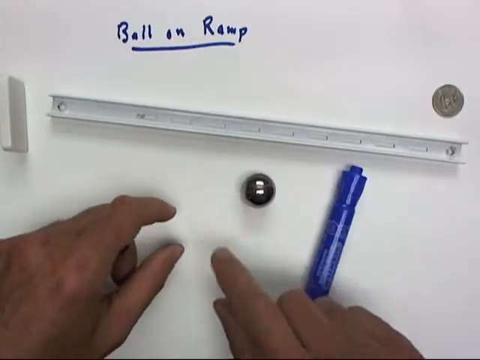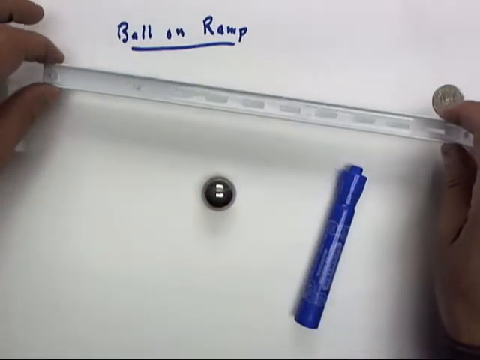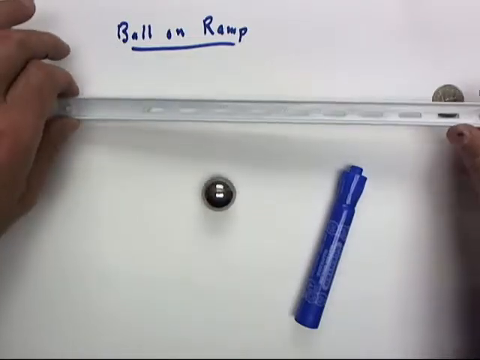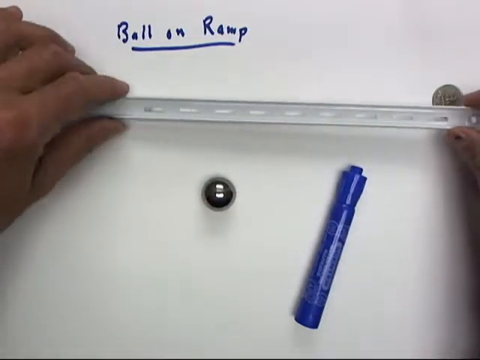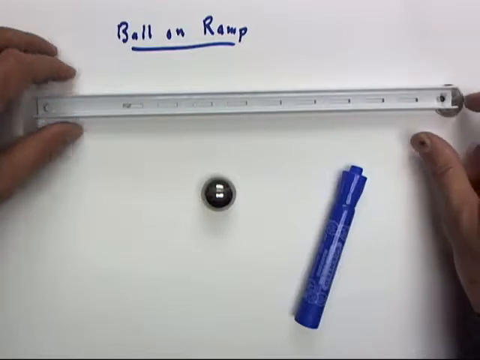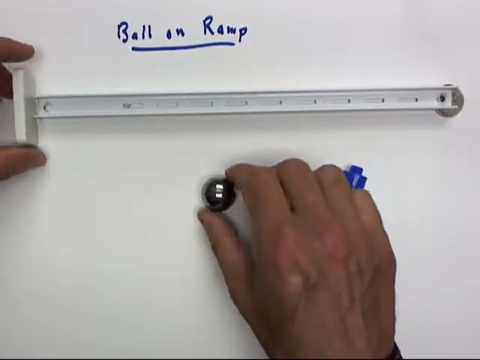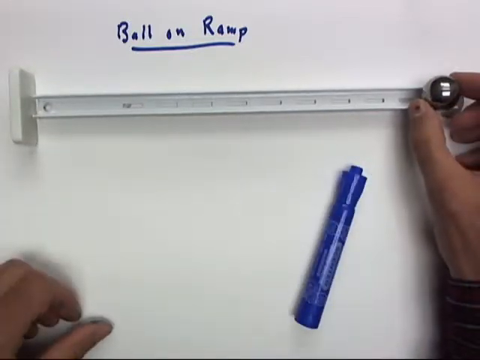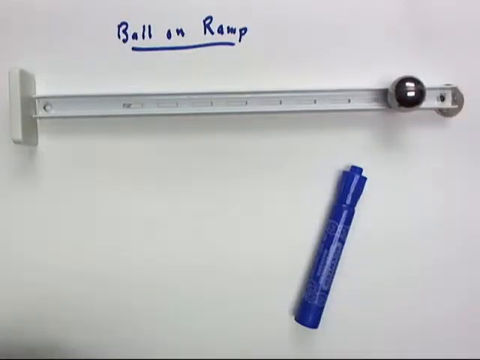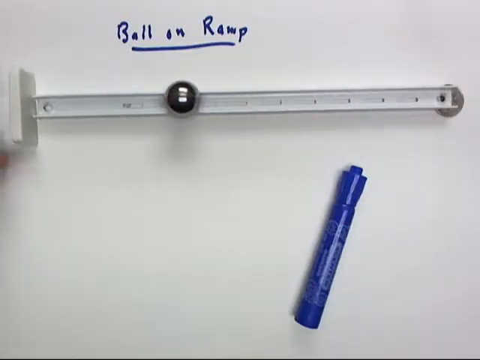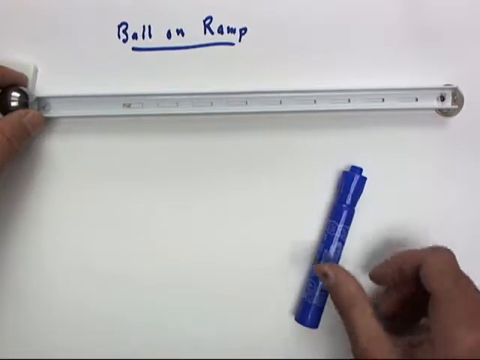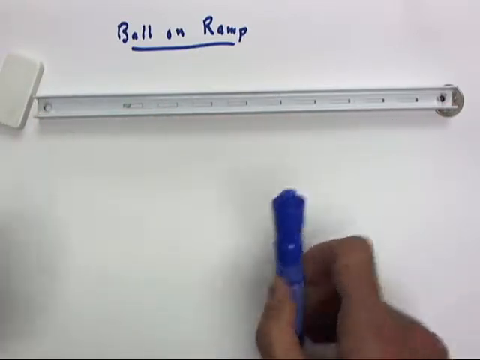We have a smooth steel ball, a piece of shelf standard, which will serve as a ramp, a quarter here, and a domino here to stop the ball. If we release the ball, it will roll down the ramp, and it will clearly roll faster and faster,